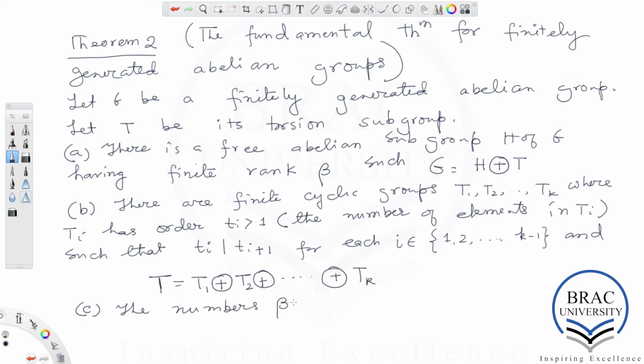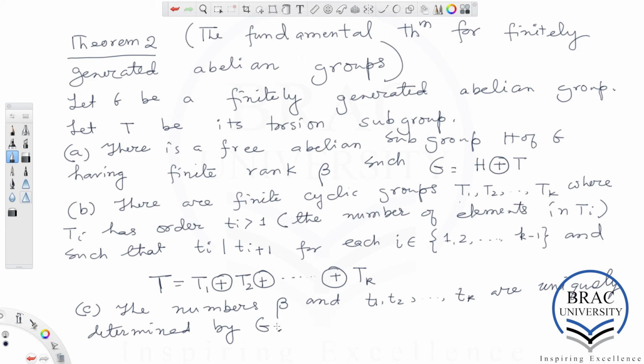The numbers beta and t1, t2, tk, which are the orders of the corresponding cyclic groups T1, T2 all the way up to Tk, these k plus 1 numbers, there are k numbers here and there is this beta, are uniquely determined by G, by the finitely generated abelian group that we started with.